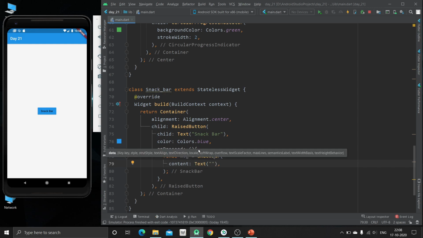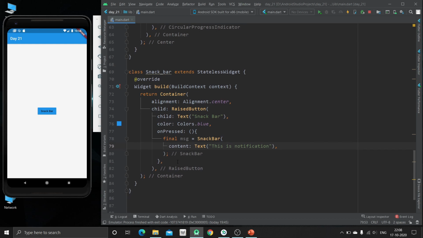So the text will be, this is notification. Now to call this, inside this on pressed, there is our on pressed attribute. Okay, we have to call it here.